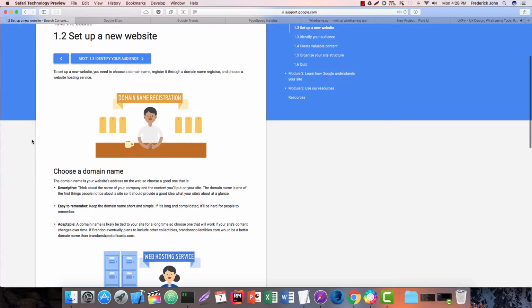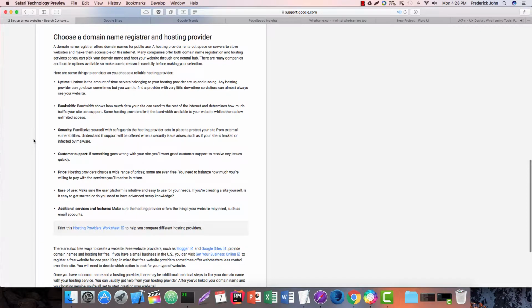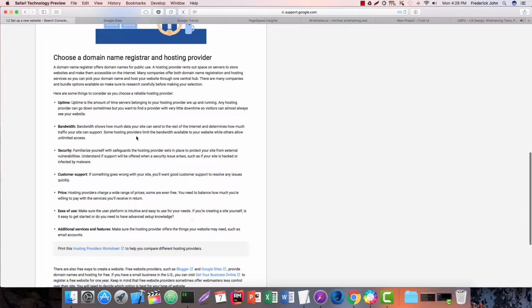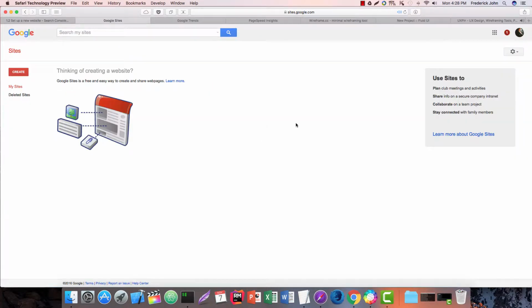It shows you how to choose a domain, choose a registrar, hosting provider. It answers all of your questions, gives you everything that you need to be thinking about when you're choosing a web host. And then it goes through and offers some really good resources here. And I wasn't familiar with this one, the Google Sites. I know that Google offers domains and that you can register a domain with Google, but I didn't know about Google Sites. And what that takes you to is something that looks like your Gmail, or something that looks like